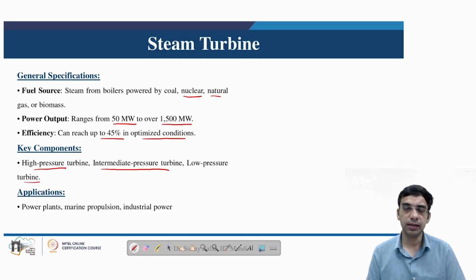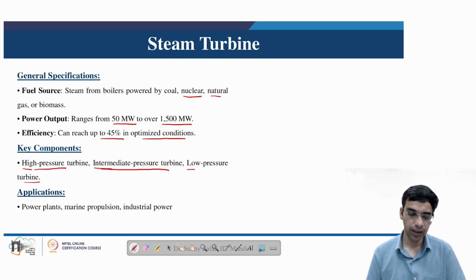So this means the turbine has several stages in which the expansion of the steam is taking place in order to maximize efficiency. This was not the case in the previous turbine, that was the gas turbine, but here in three stages: high pressure, intermediate pressure, and low pressure, the expansion of the steam is taking place, which will maximize the efficiency. And of course we can also use heat regenerator systems to further enhance the efficiency